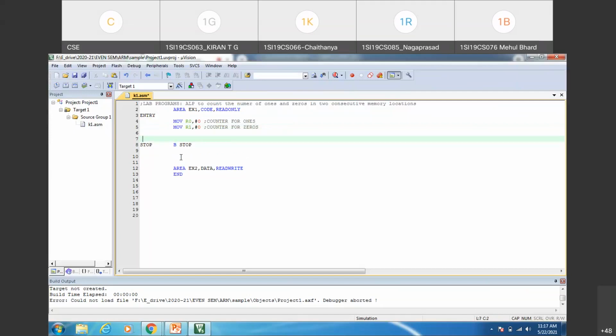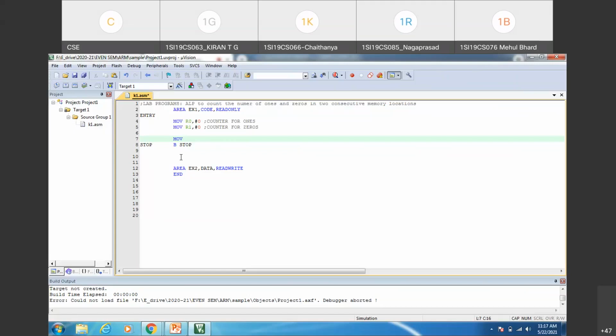So now what we'll do is, how many bytes or how many consecutive locations do I need to process? It is 2 consecutive locations, that is 2 byte data I need to process. So let me take one more counter, and I'll be using a nested loop for this program implementation. If it is asked to find the number of ones and zeros in 10 consecutive memory locations, or any value, you can just modify that counter value. So that's why, for that generalization, I've used this nested loop concept.